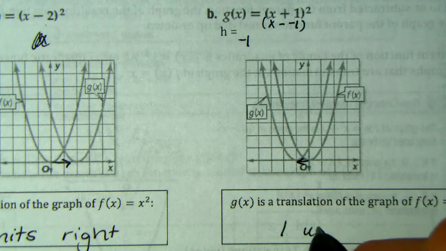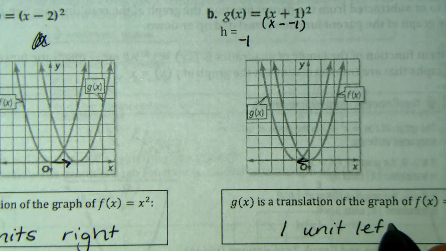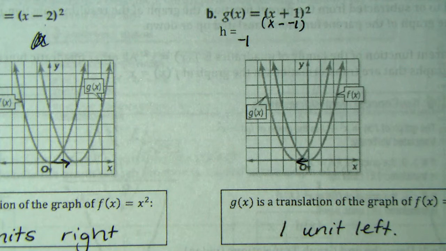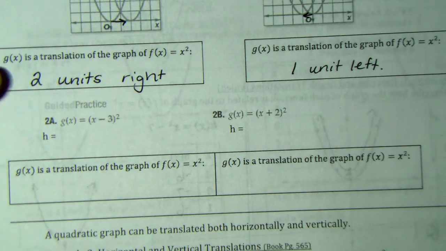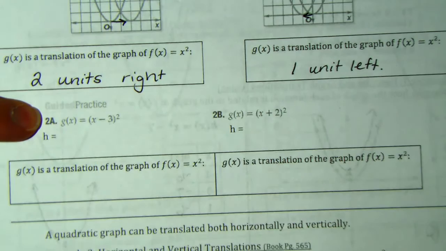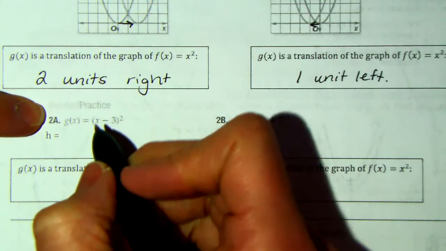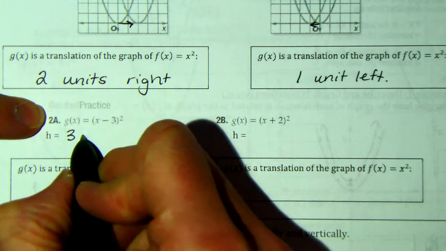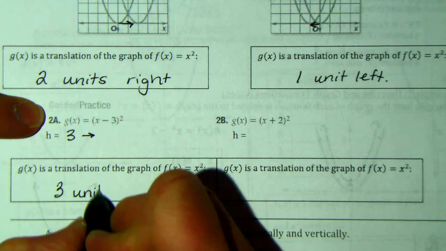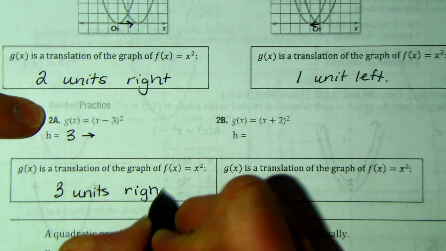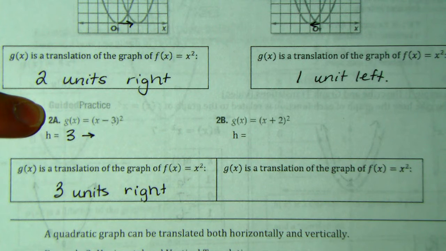We have 2 more examples, but they don't even give you the graph because they figured you can handle that. So take a look at this one right here, 2a down here. What is h? It's a positive 3, correct? And if it's positive 3, that means we're going this way. So 3 units right. And then in B, it's plus 2, which really means that h is negative 2, and it is 2 units